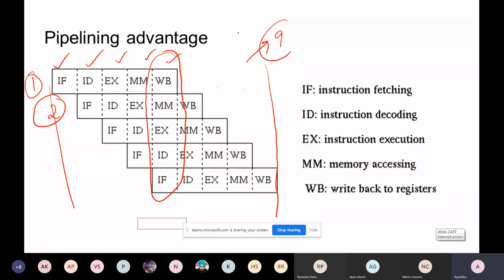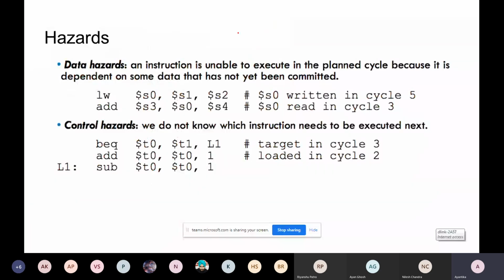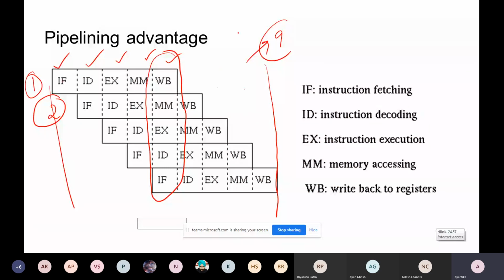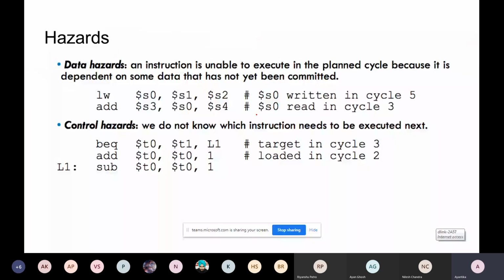But this is the extreme case, or we can say the best scenario we can think of. It is not that for each and every instruction, whatever program you are running, you can fit into your pipelining sequence so easily. We can take these types of examples, where these are 2 consecutive instructions. The first one is load word, where you are loading